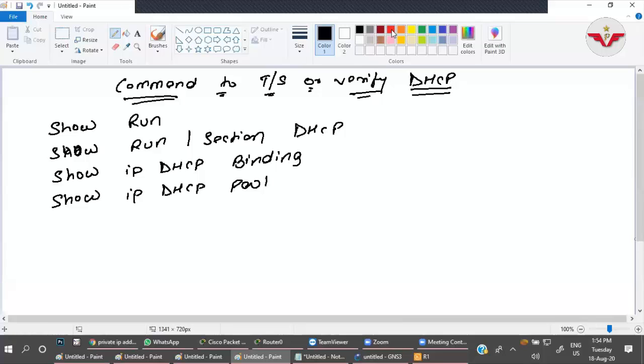Now, what is the command to reserve IP for MAC mapping?